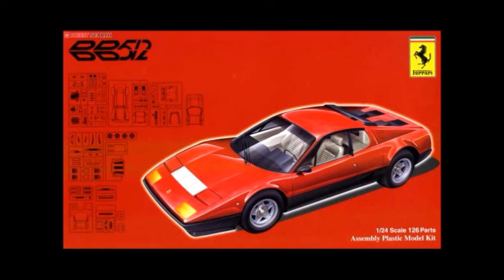Last but not least is this combination kit. So the Ferrari 512 Boxer Berlinetta kit's been available for anybody who wanted to order one, either in the red Ferrari boxes like this, or of course it came in the Nami set of kits that came out at the beginning of 2015. What is different about this than the other two versions is this includes the Boxer Berlinetta fuel-injected parts. The BBI was a later model year